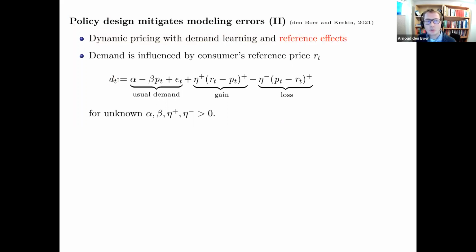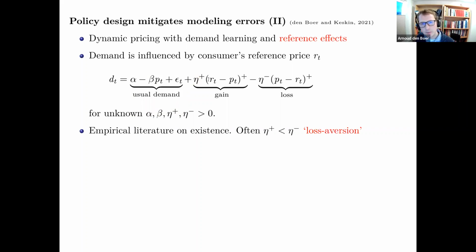That means that the demand is not just, say, a linear demand model, but there is a reference effect. People have a reference price in their head that influences the demand. If what they believe is a fair price is actually more than the actual price, then that leads to more demand. And if it's more expensive than what they believe to be a fair price, then that leads to less